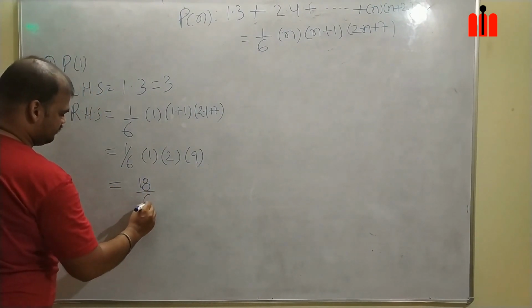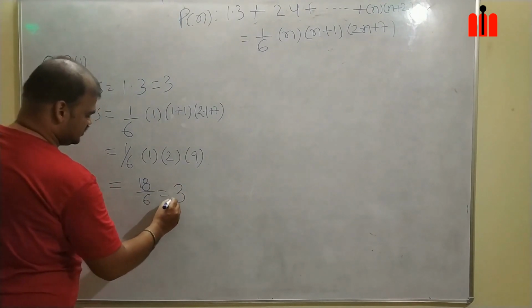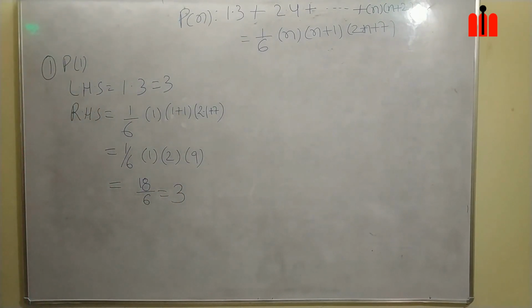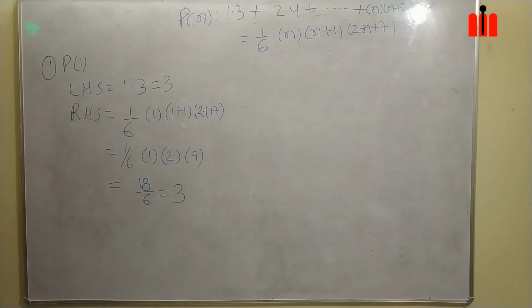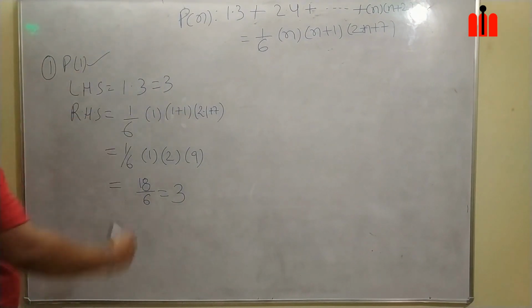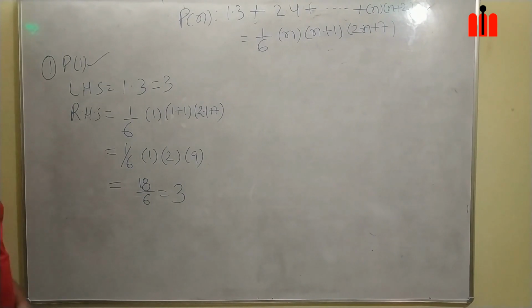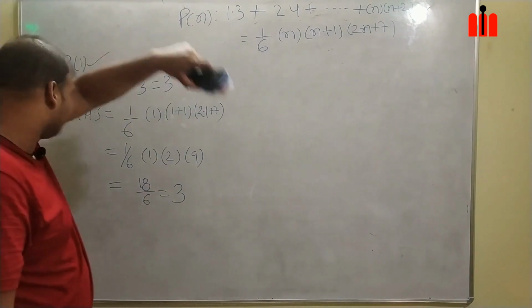18 by 6, which is equal to 3. So I can see here LHS is equal to my RHS. So my P1 is true. Okay, my P1 is true. Now